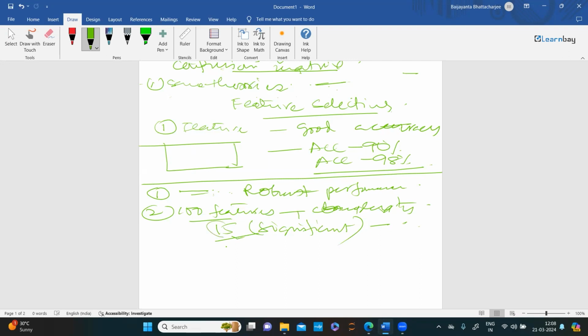So here I have selected my features. From 100 features, I have selected 15 significant features, and with those significant features, I have built the model. Now, there are multiple ways to do feature selection in machine learning models. The first way we can do is we take sns.heatmap,